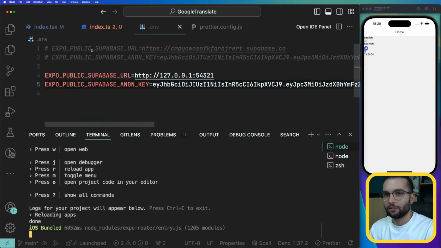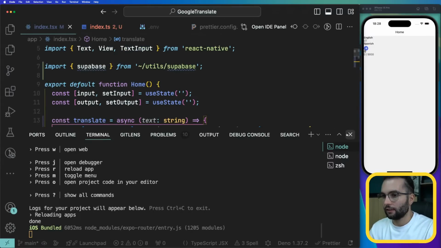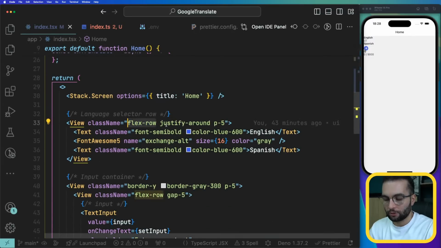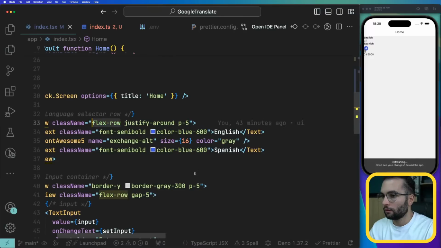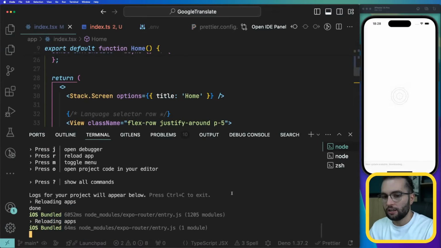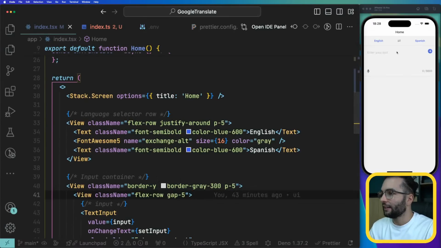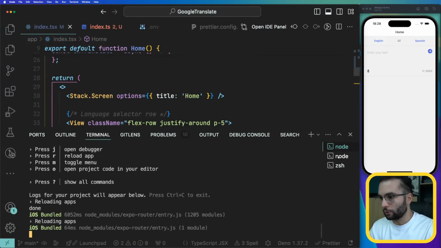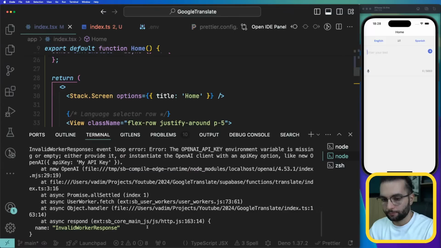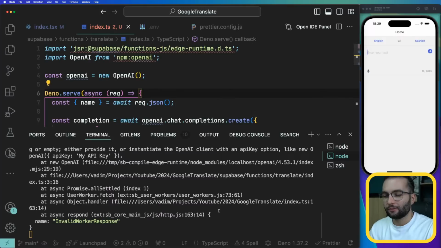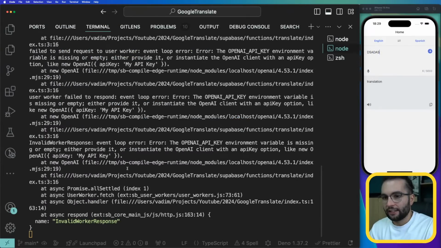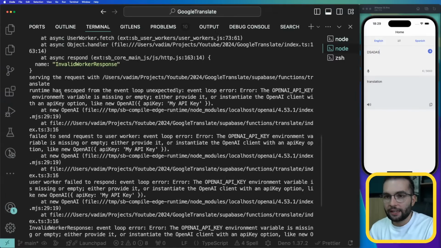Now, if again it's not taking the styles, I don't know how to fix it, but my trick was to delete a style and then put it back, and then reload, press R. Yes, it worked. And now if I look at the logs where we executed npx supabase functions serve, and I send a request now, we're going to see an error. And the error is saying that